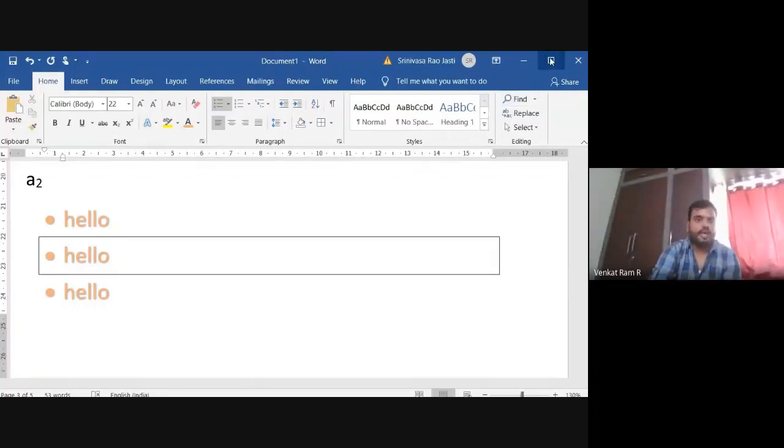So that's it for today. Today we learned about the font group and paragraph group. Font group, what is